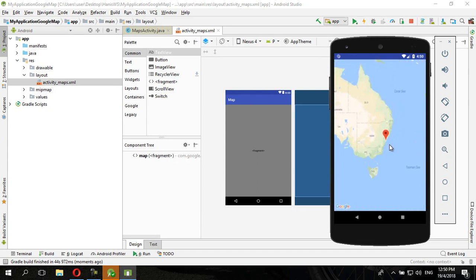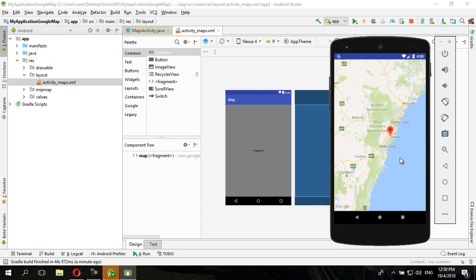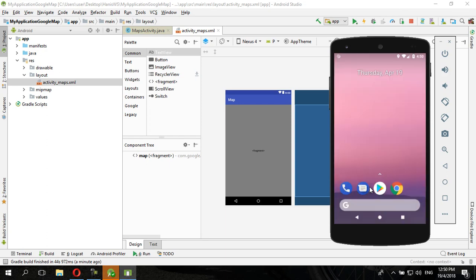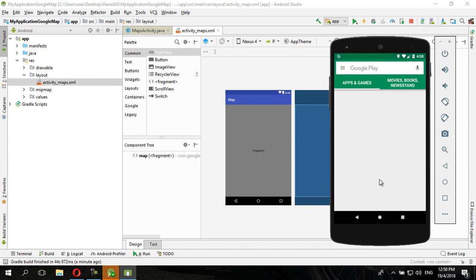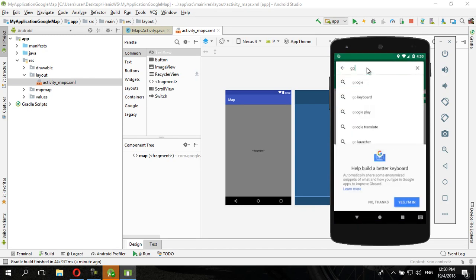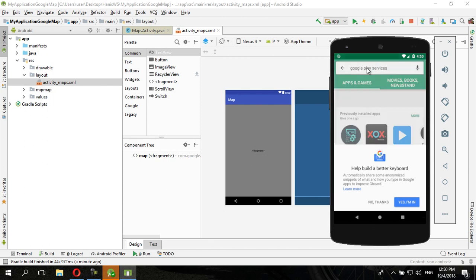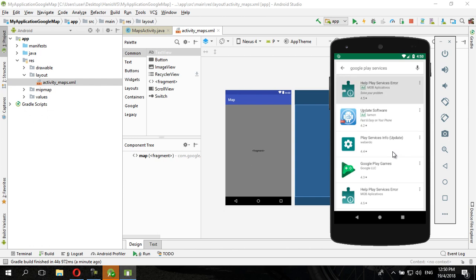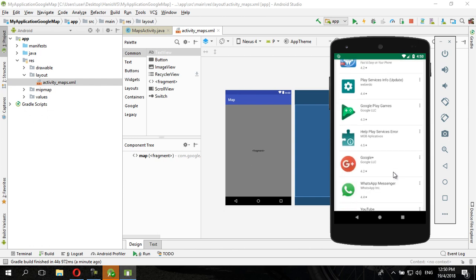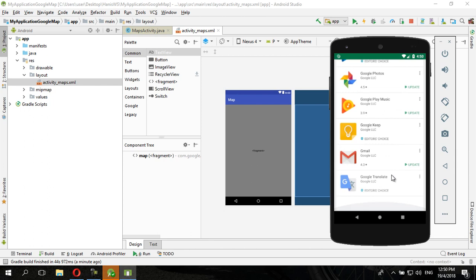Okay, so my Google Map application managed to correctly display on my AVD. If not, you need to run the Play Store and log into the Play Store, update Google Play services. Okay, since I already updated my Google Play services,